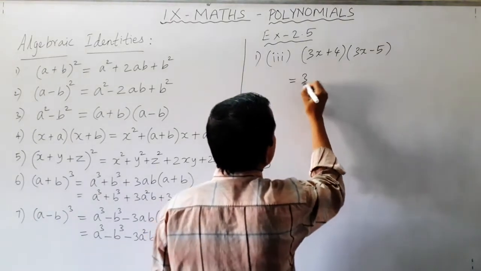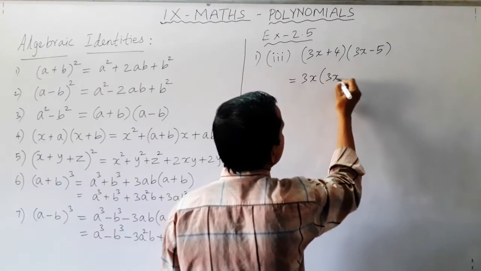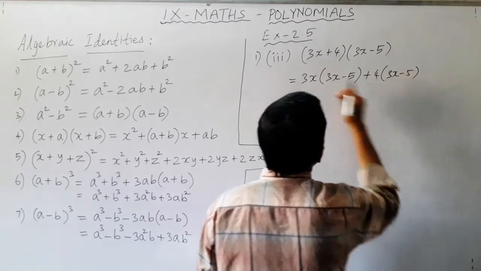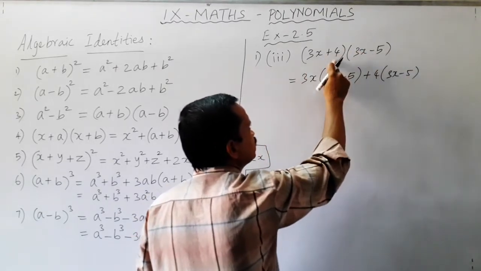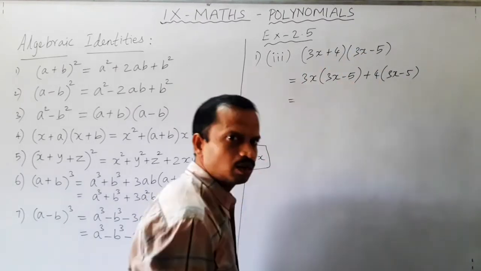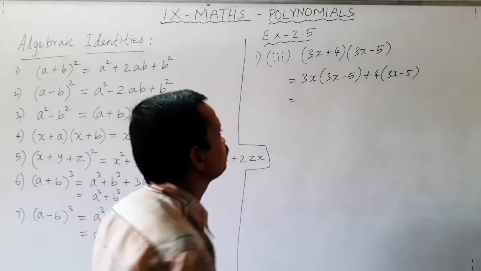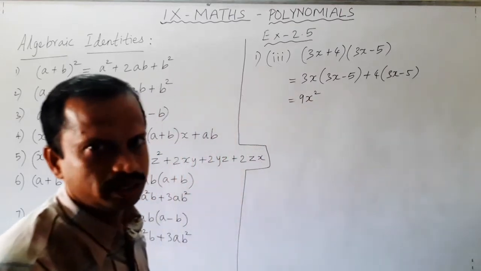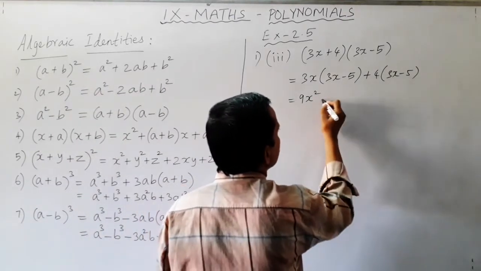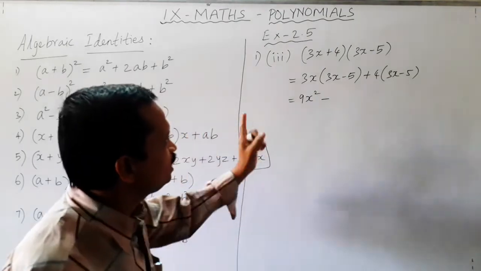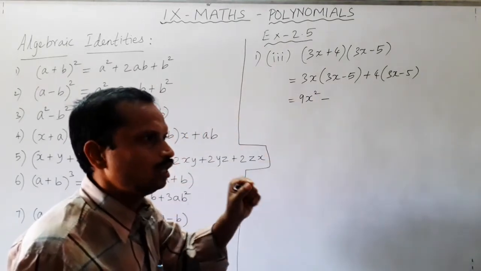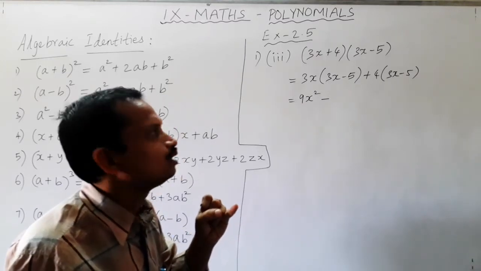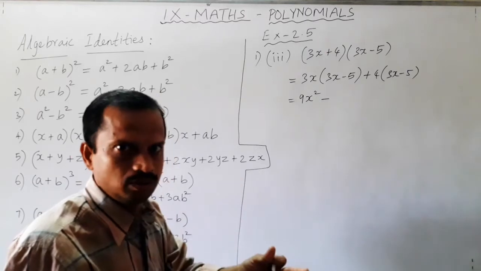So first 3x into (3x - 5), and then plus 4 into (3x - 5). So first term this bracket, second term this bracket. It will be quite easy compared to the identity. Okay. So 3x into 3x, 9x square. 3 into 3, 9. x into x, x square. And then minus sign, because plus into minus you get minus. So 3x into 5. First you should give importance to the sign,